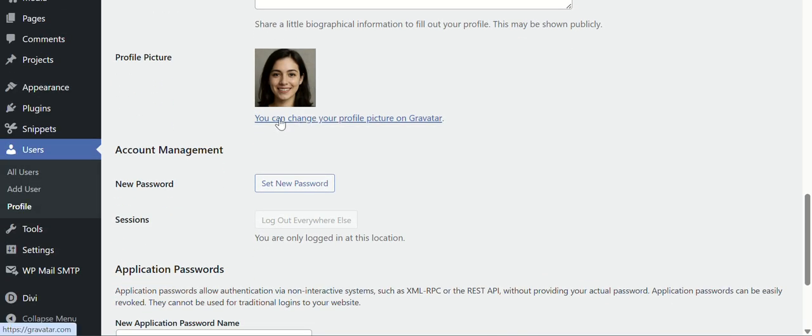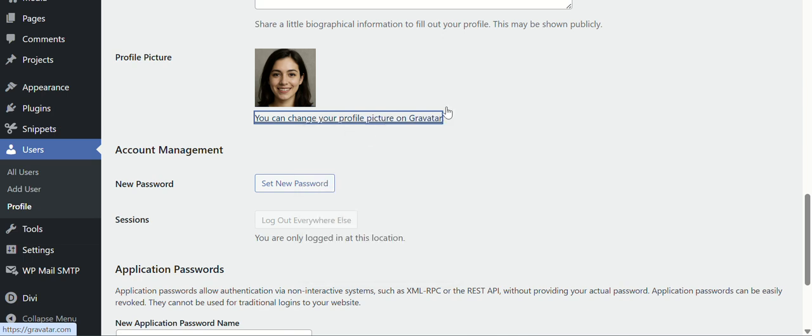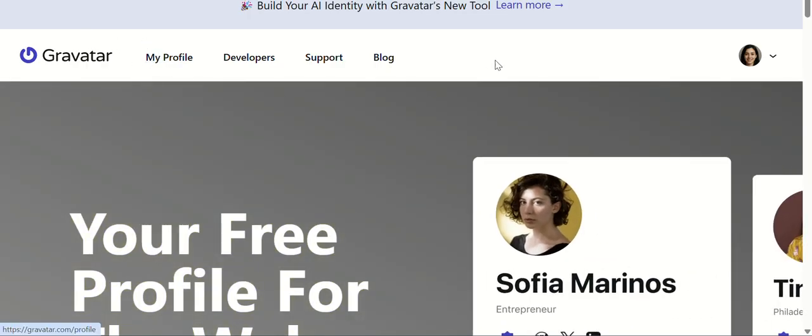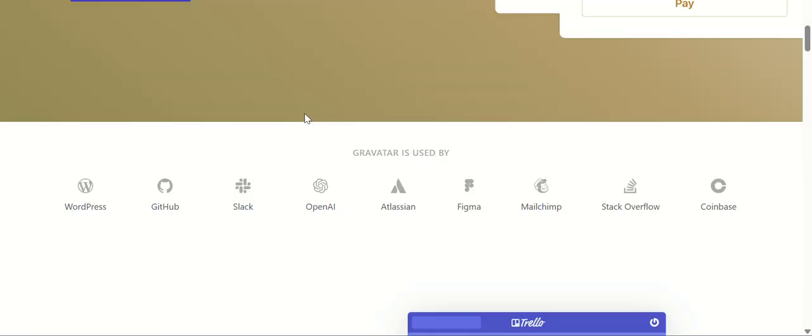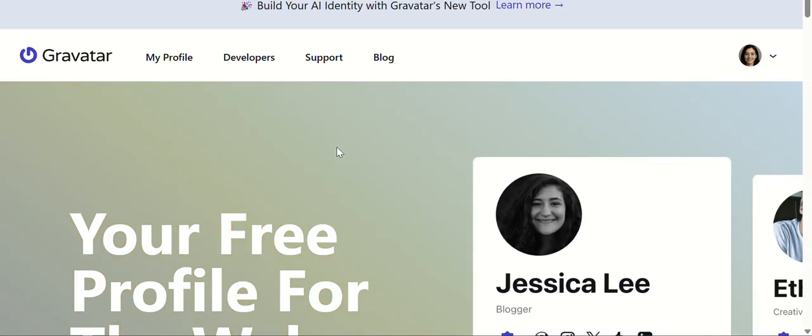But what you have to do here is come here, there is the button here at the bottom. If you haven't done it here, you just have to right click and open it. What it would do basically is that it will open this website. There would be like here I've already logged in, but there would be like a login option for you,